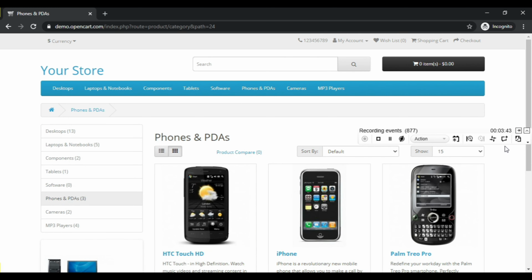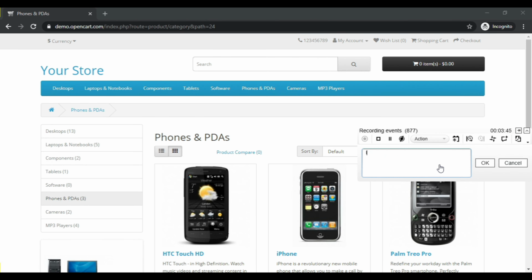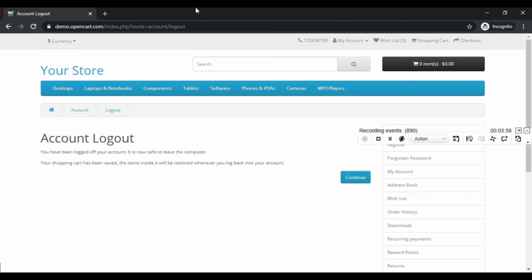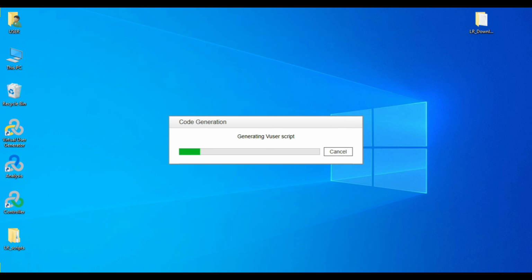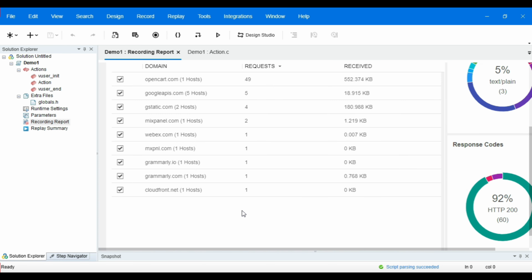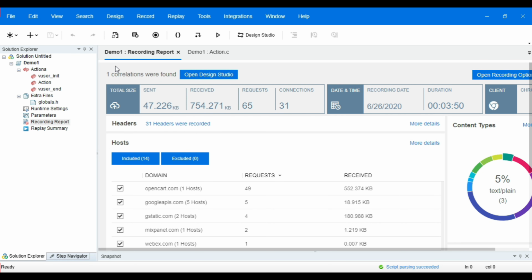Now I'm logging out of my application. Let me close my browser and click on stop. You can see my Vuser script is getting generated. Now my script has been generated and the recording report opens.